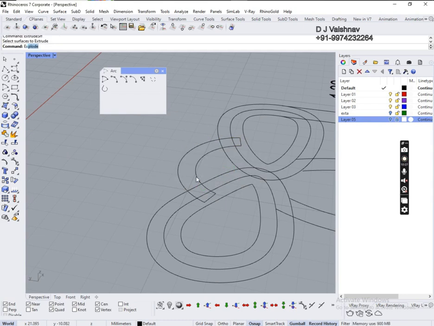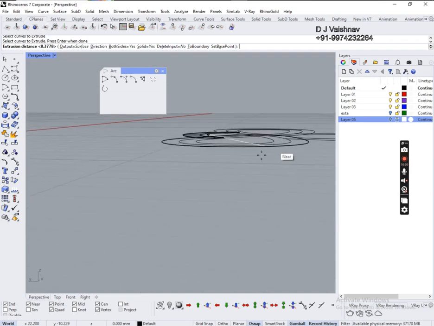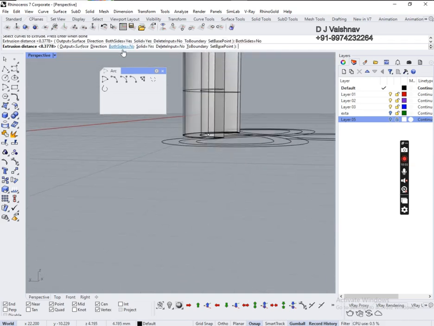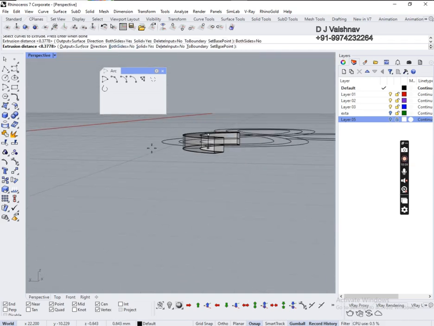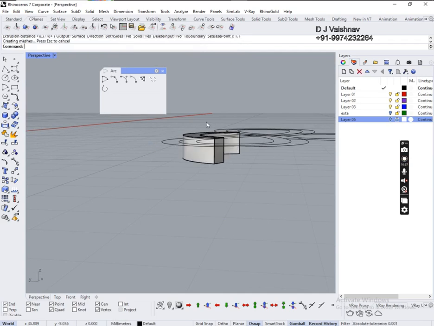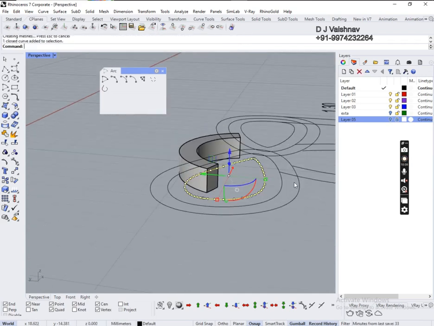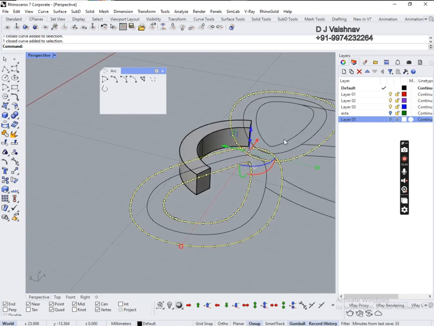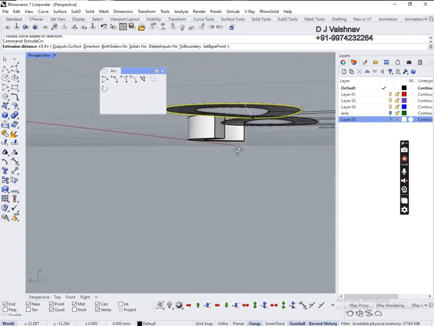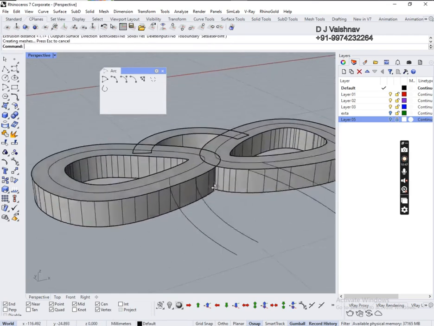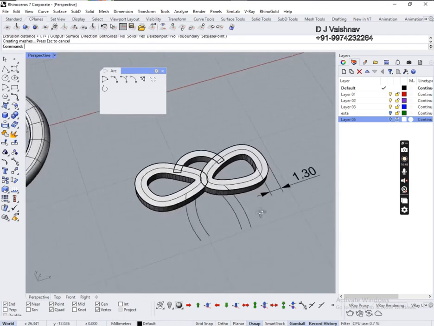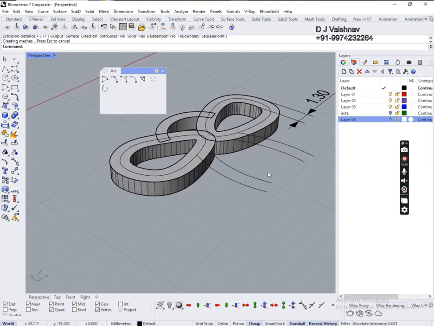Extrude curve we need to use because this is the curve. Extrude curve, select the curve, specify height, not both sides, I want to specify 1.1 mm. Okay, select these 4 cross sections, type in extrude and click this point, so it will automatically take the size. Same way